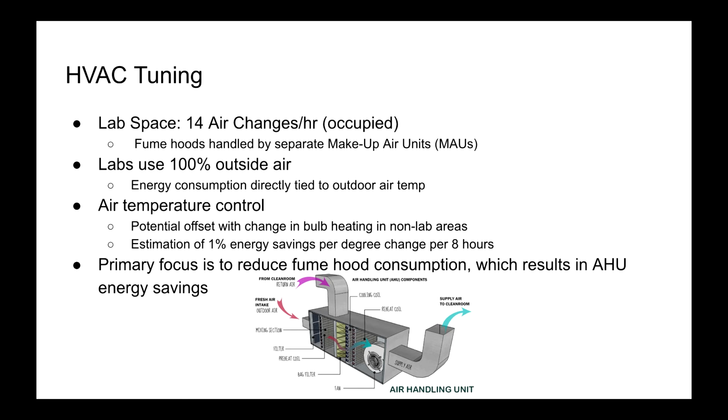Additionally, we looked into tuning of the HVAC system as it is one of the largest energy consumers on the site. The lab spaces require 14 air changes per hour when occupied, and the fume hoods within them, which are the biggest energy consumer, are handled by separate makeup air units. These labs use 100% outside air for safety, so the energy consumption is directly tied to the outdoor air temperature